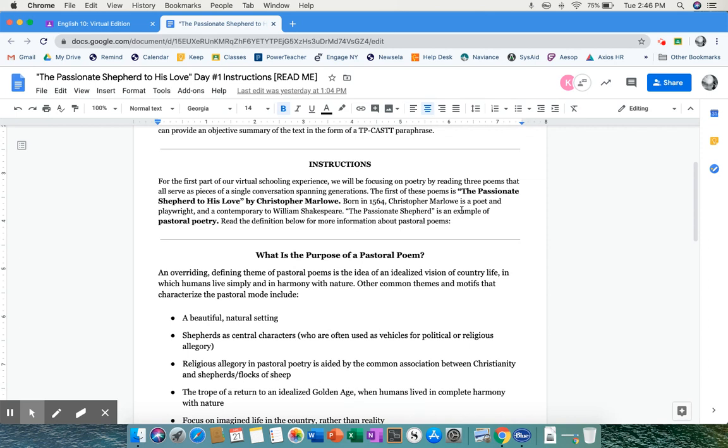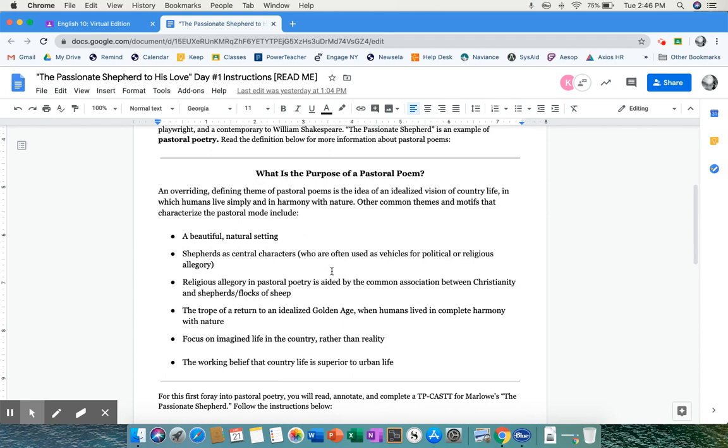Now, the type of poem that this is called a pastoral poem, pastoral poetry. I gave you guys down here a little definition of what that means. I just want to walk you through it so that there's no confusion as to what that means. So a pastoral poem is poetry that looks at life in nature as an idealized way of life. So it's looking at living a country life where you're one with nature, you're in harmony with it. And so pastoral poems talk a lot about nature, right? And so these are some things right here that pastoral poems all have in common.